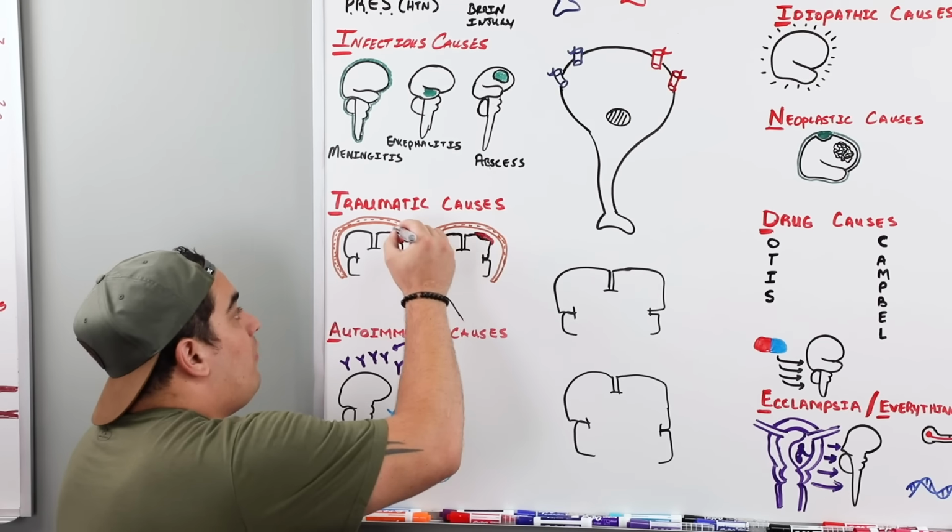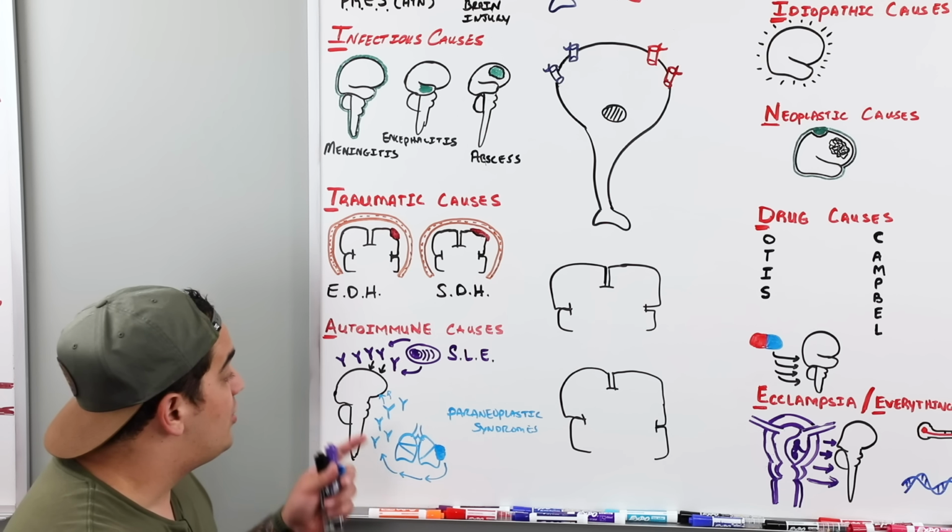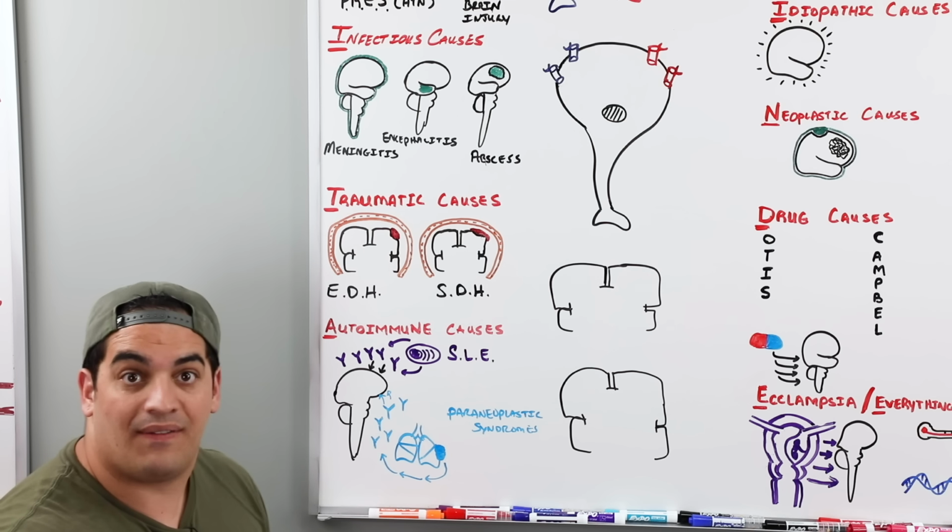The other thing to remember is that sometimes people can develop what's called paraneoplastic syndromes. You're like, what in the heck does that mean? Paraneoplastic syndrome is where you have some type of neoplasia, and then that cancer leads to the production of antibodies that will go and attack other tissues, in this case, the brain tissue. And so this also can cause an encephalitis.